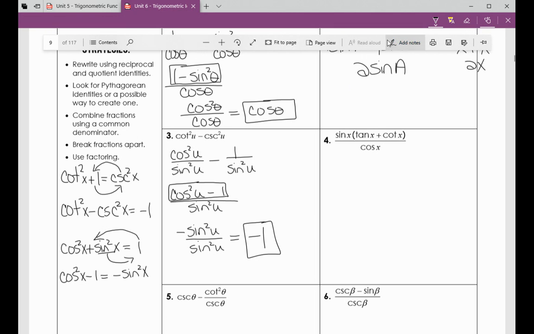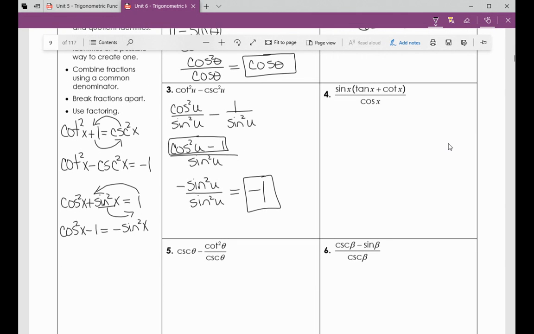Everybody okay with that? All right. Any thoughts on what we can do with number 4? I'm trying to show you some options because sometimes I do things that y'all would have never thought about on your own, but once I show it to you, when you start trying to work these on your own, you go, oh, I wonder if that works. Okay? Because I can't tell you every single time this is what you're going to do step by step. That's not how these work. They are humongous puzzles, and you've got to figure them out. All right, so